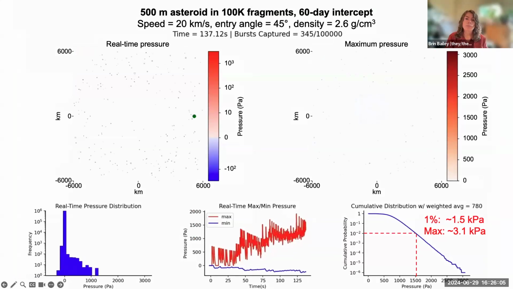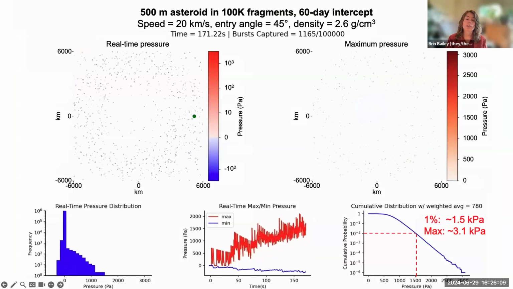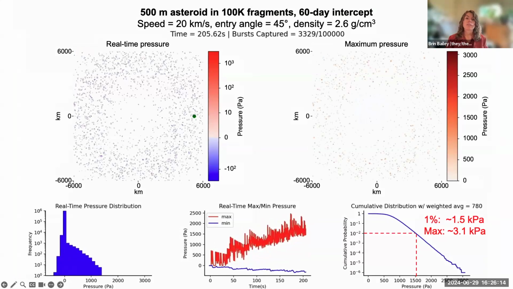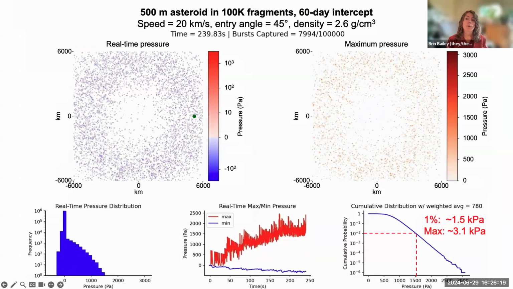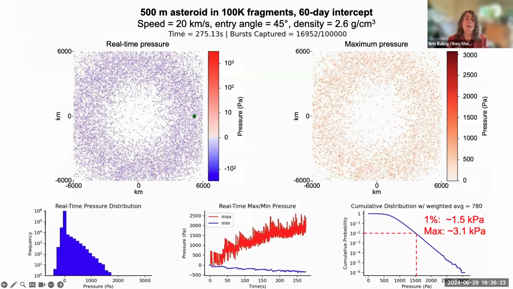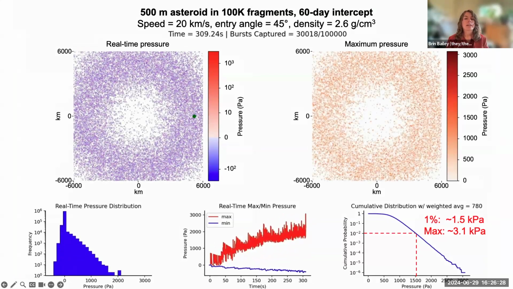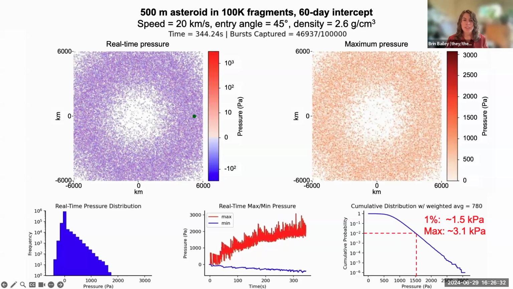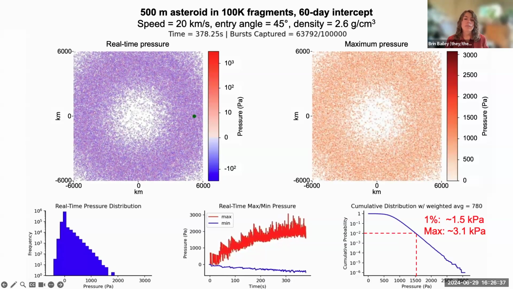And on the other end of the spectrum, simulations also suggest that PI is capable of mitigating much larger asteroids, given slightly longer intercept times. So this is a 500-meter diameter asteroid broken into 100,000 fragments with an intercept 60 days before ground impact. Now, of course, this is a much larger asteroid, so it would not airburst. It would, in fact, impact the ground, which would be a much more damaging scenario. And while this intercept is certainly longer than the last, again, this is 60 days versus 1 day, it's still relatively quick. That's just on the scale of a few months.